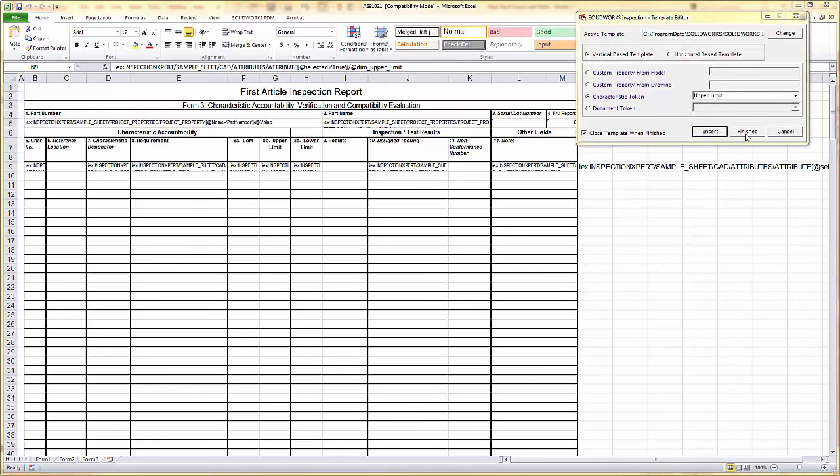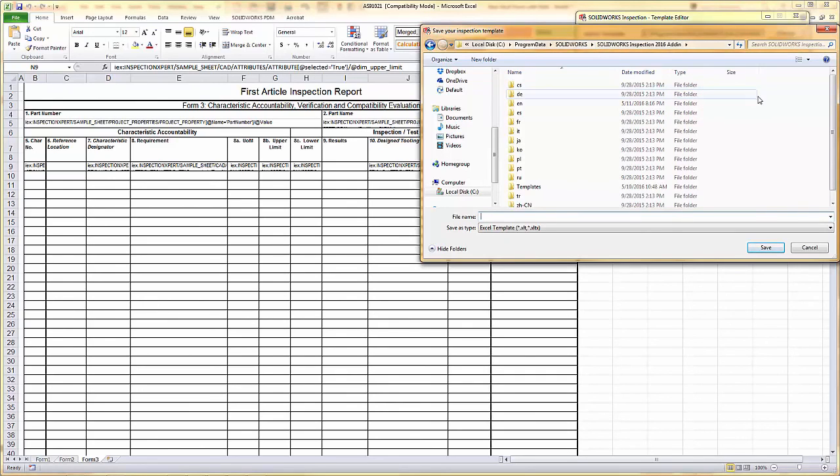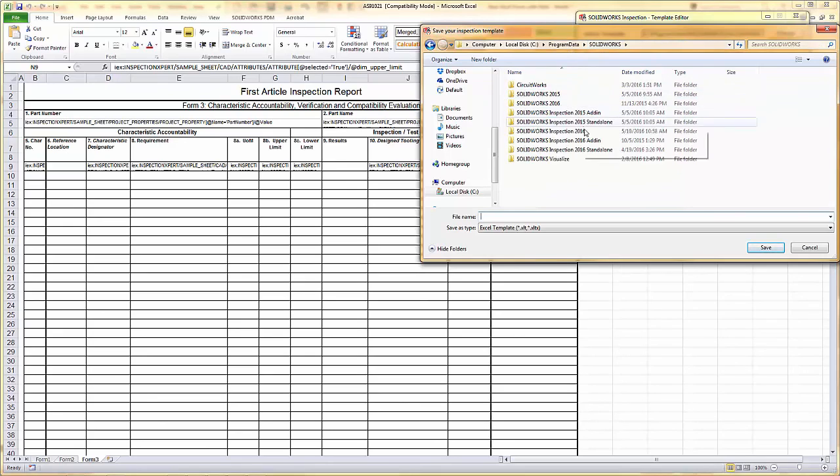When we're all finished, we can come over and hit the Finished button, and we can proceed with where we want to save these. In the program data, SOLIDWORKS Inspection, it'd be based on the year and the add-in for the add-in templates. And we can see from there that we also have the ability to set templates for the standalone. So you'll have one for each year of usage for the add-in as well as for the standalone. You'll want to set those templates up for each area so that you've got all of your bases covered